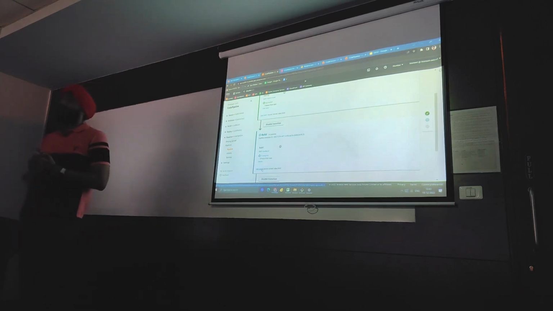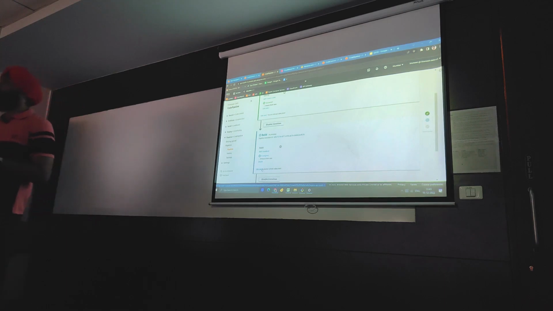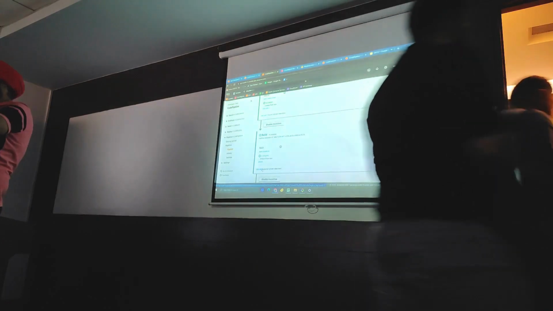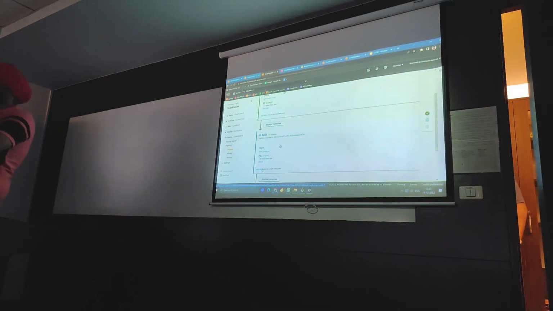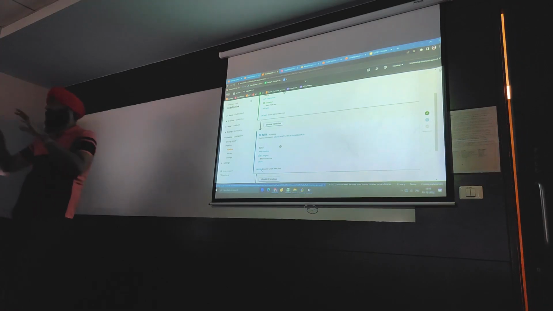So we are not using CodeDeploy here. We have not created a separate CodeDeploy project. Sorry, can you be louder? We have not created a separate CodeDeploy project here. I have used Elastic Beanstalk instead, because CodeDeploy would need me to create a role once again, and then I would have to create a role on my EC2 instance here to pull from that S3 bucket, and that would be a little